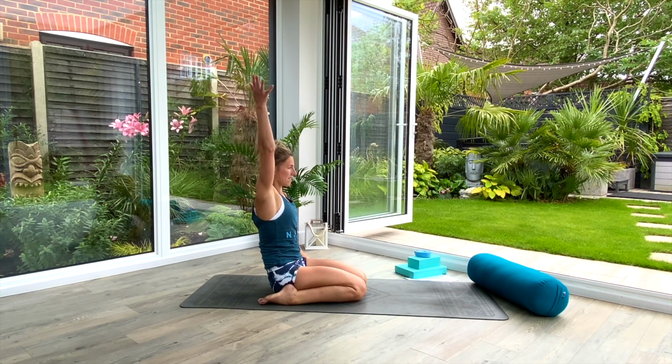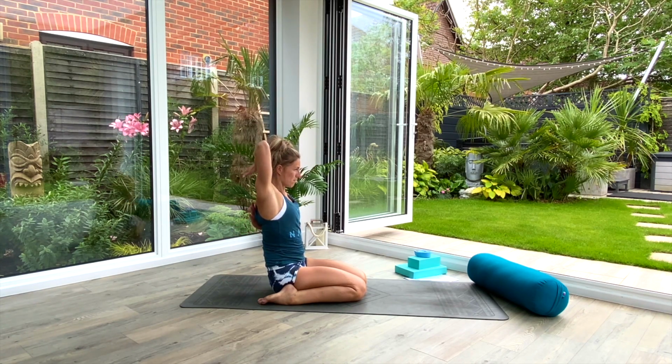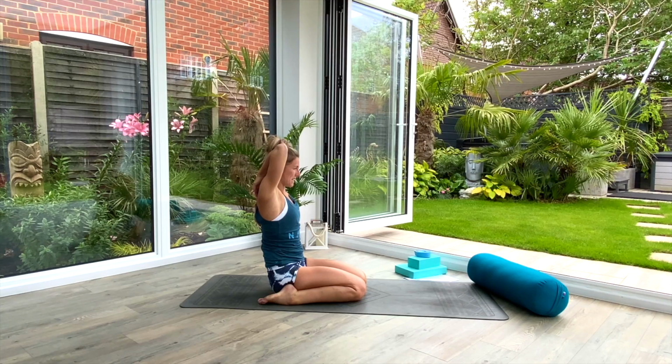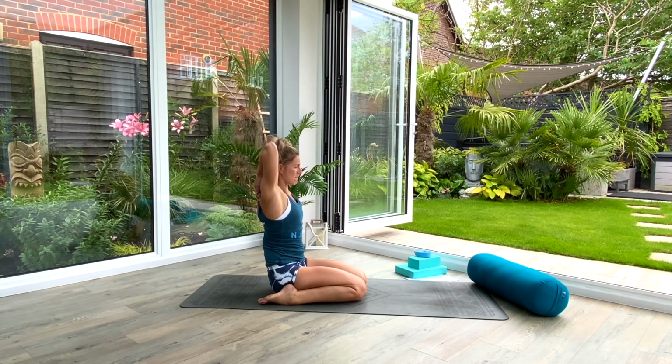So you're going to inhale to lift the right hand up towards the sky. Take the left hand out to the side, and then as you exhale, reach back and see if the hands can meet each other. See if you can touch your fingertips, and just hold for 3 deep breaths, keeping the